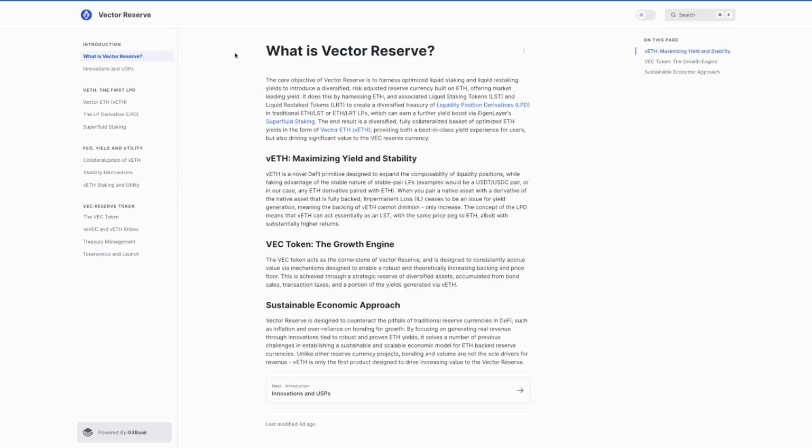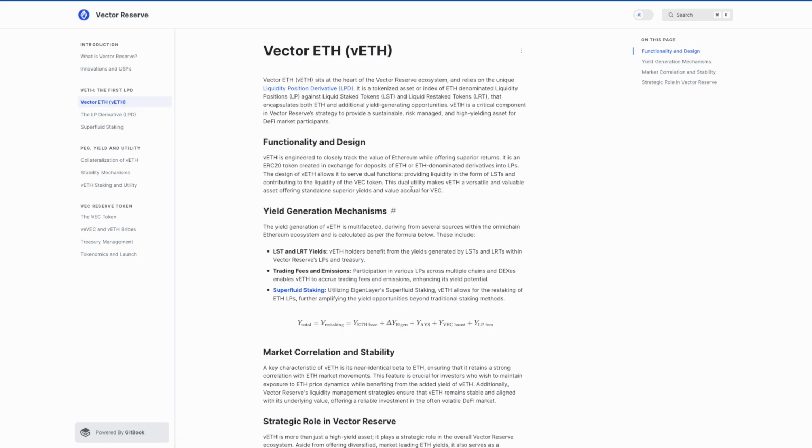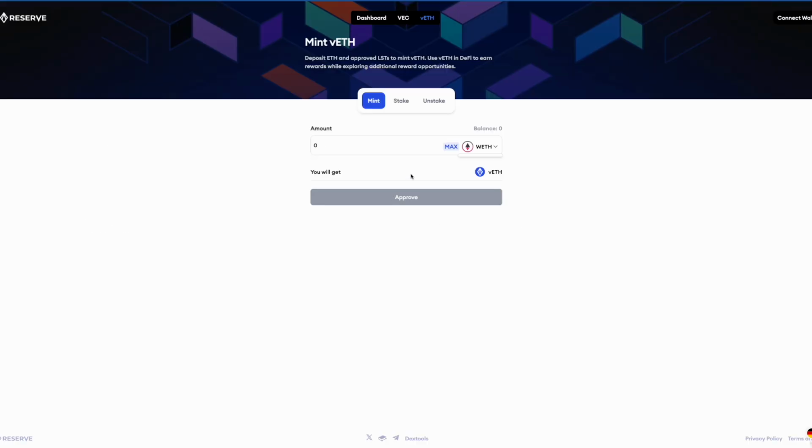Okay, so I've read through all of this. There are a lot of words in here, but they don't really say a lot. There's a lot of questions left unanswered, okay? So I'm going to kind of jump around in here and talk a little bit about what's going on. So first of all, if you go to the front end here, you can see that